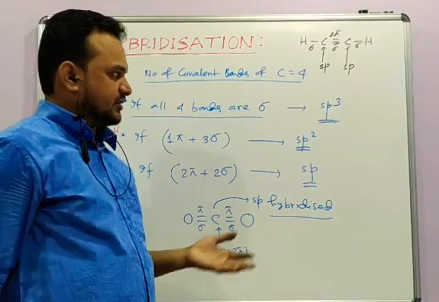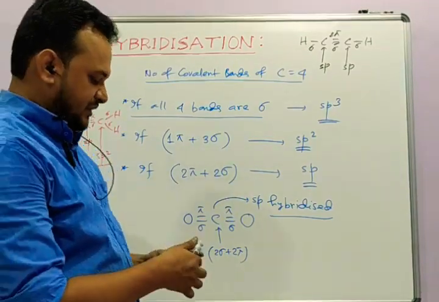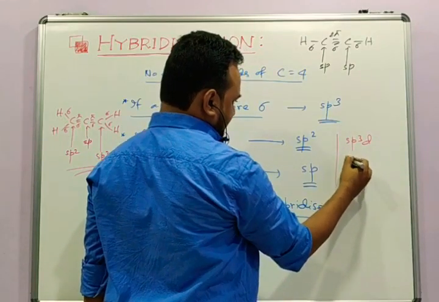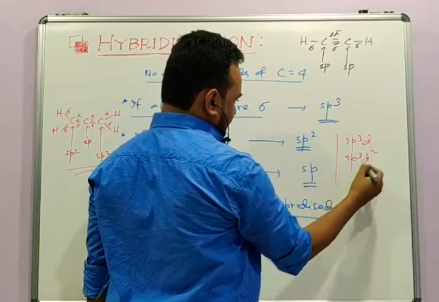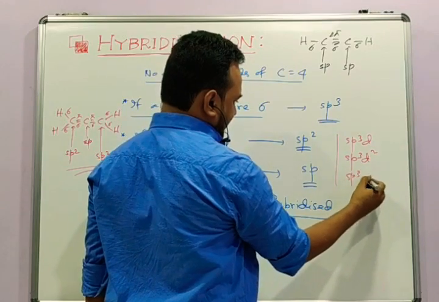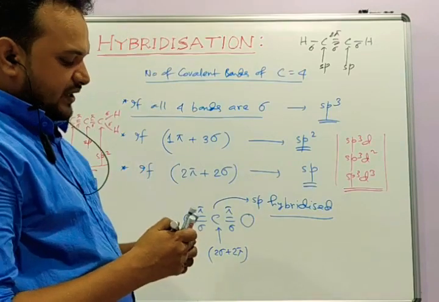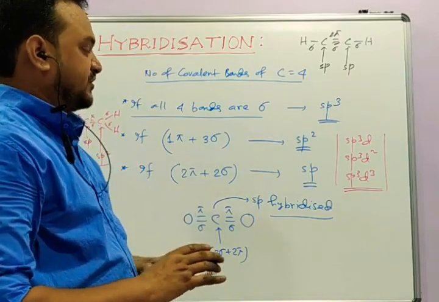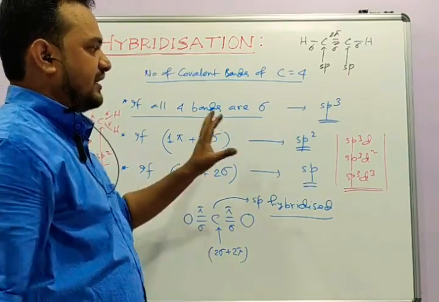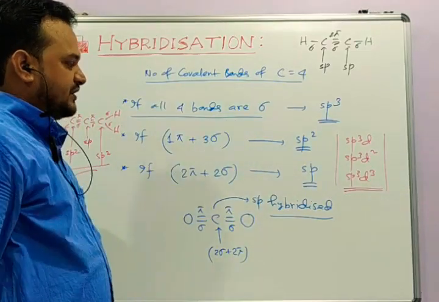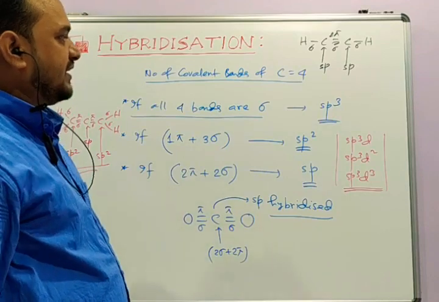In our next video we will see some 3 more hybridizations, that is sp3d, sp3d2 and sp3d3, and then we will discuss how we can calculate the state of hybridization of any atom in a molecule. There is a formula and some mathematical interpretation. So we will discuss that in our next video.